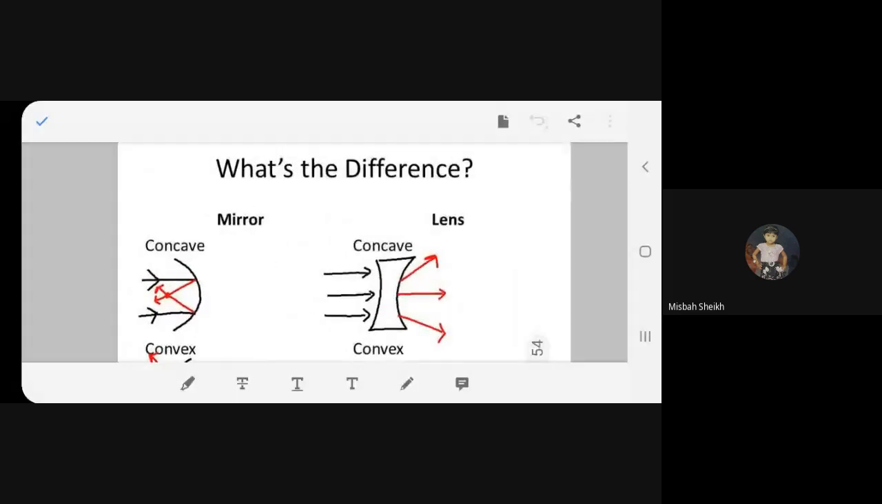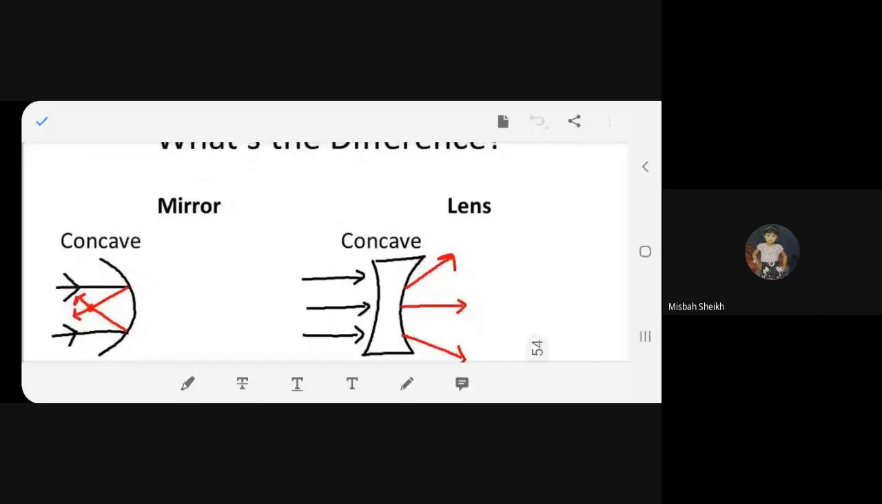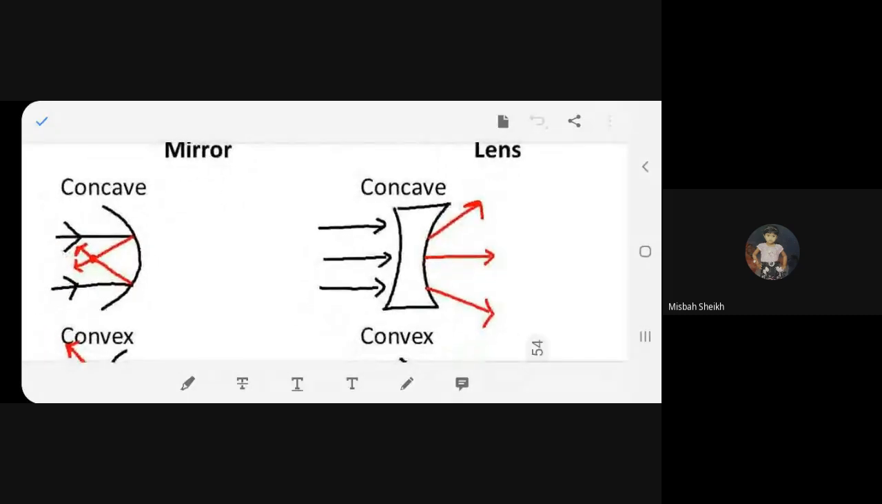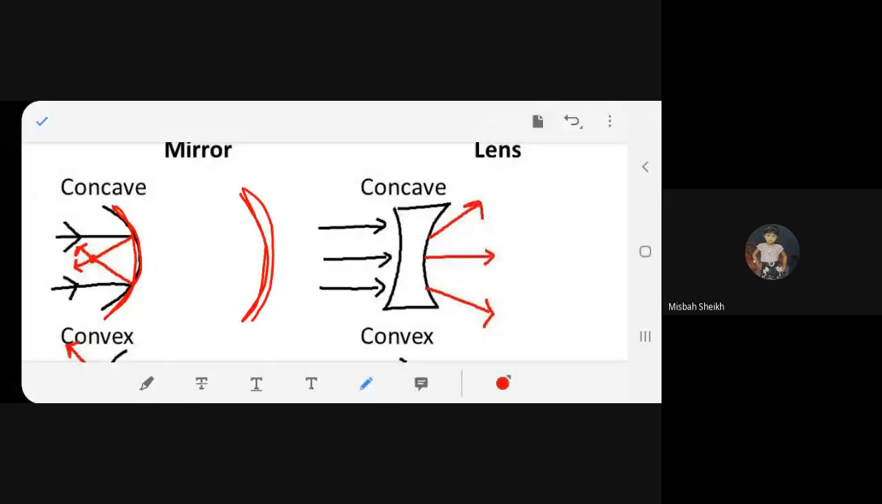Now see the difference between mirror and lens. Things will become quite simple for you. To begin with, we have taken concave mirror and concave lens. Look over here. This is the concave mirror, isn't it, beta? The rays come, it falls on it, then it comes back